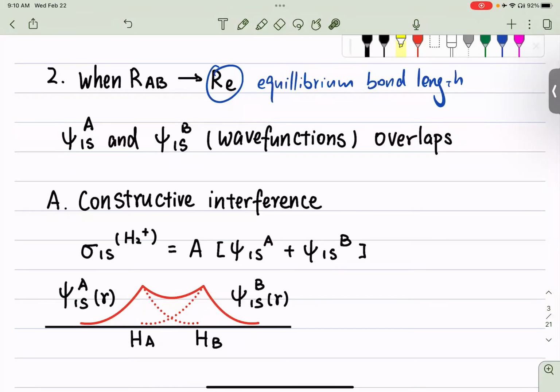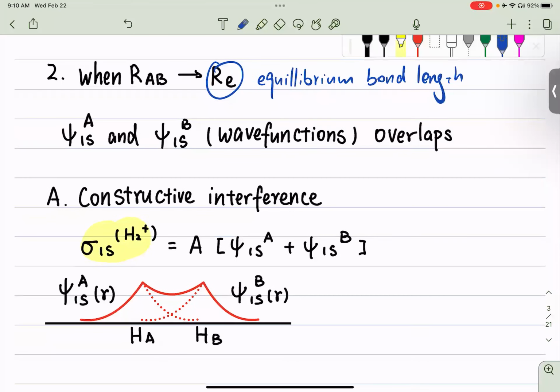When these two wave functions meet each other, they can interfere in two different ways. The first way is called the constructive interference, where we're creating the new molecular orbital